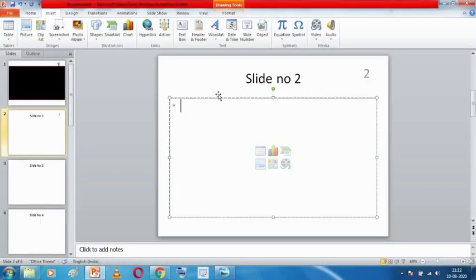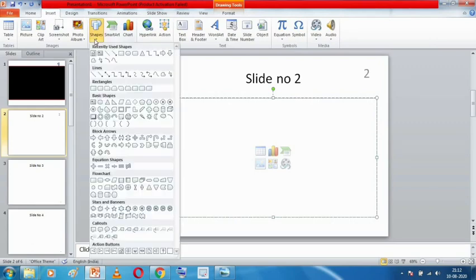So I have to select this Insert tab, and then go to this Shapes option in the Illustrations group. I need to come to this shape, and then come at the bottom, to these action buttons. See these action buttons, there are many built-in action buttons. I just showed you. Suppose I select this action button.